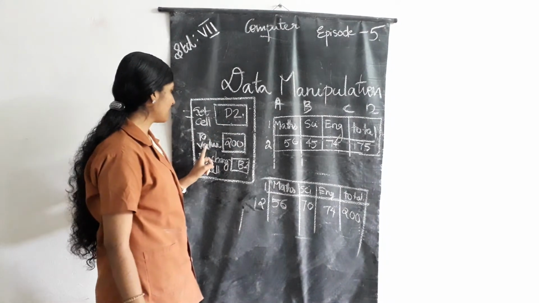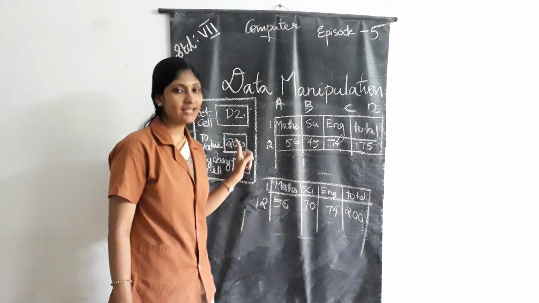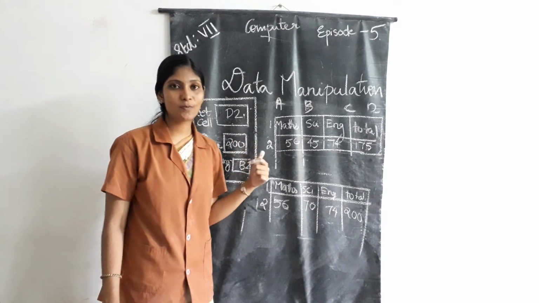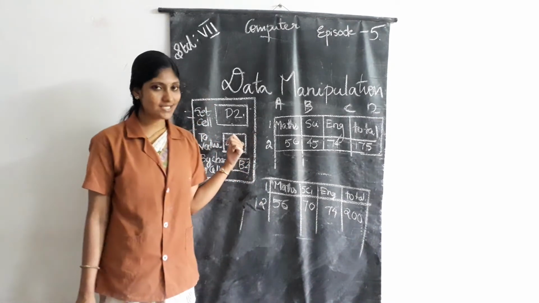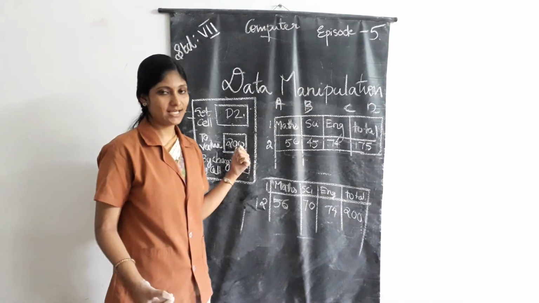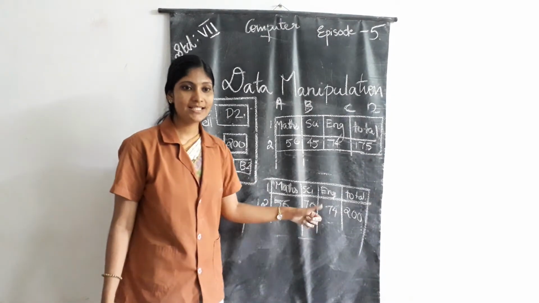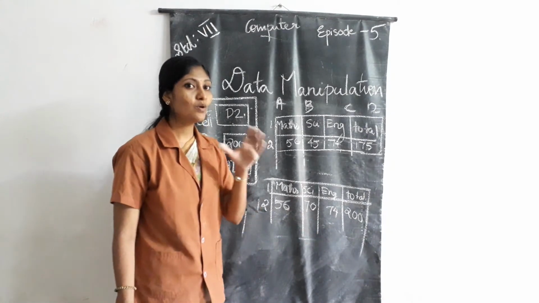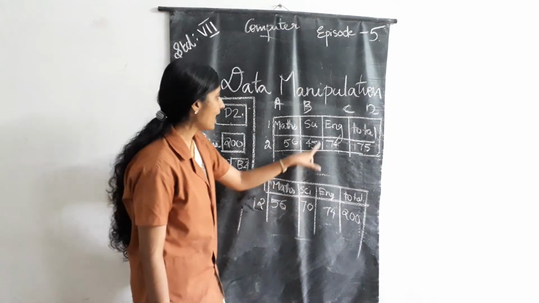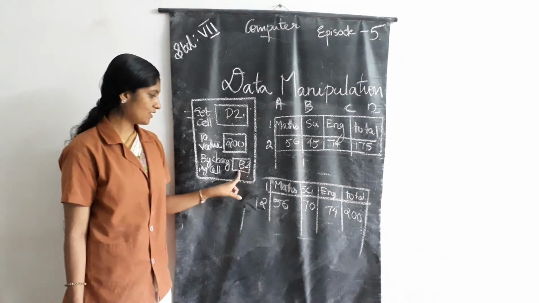Then second one is To value. To value means the output you want to change to, that is 200. Then third text box, By changing cell. Here the question, changing cell is science mark. So you can just write the address of that changing cell. The address of the changing cell is B2.